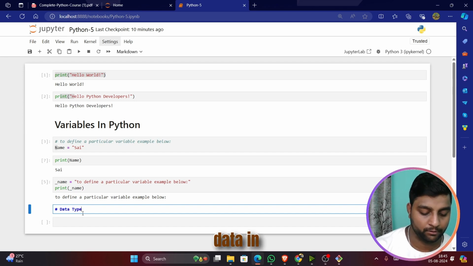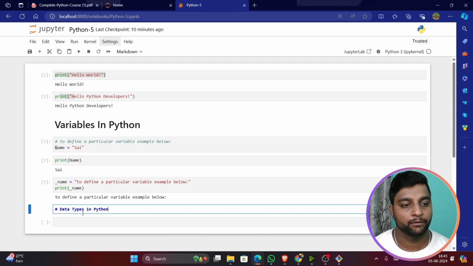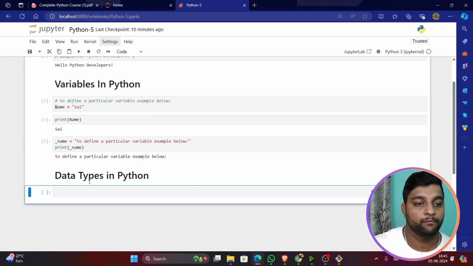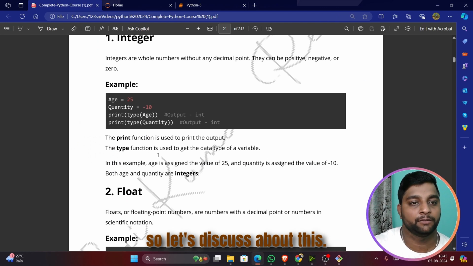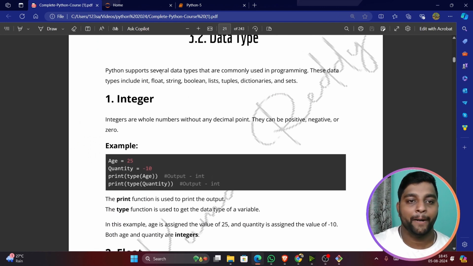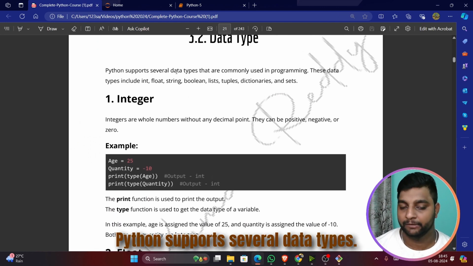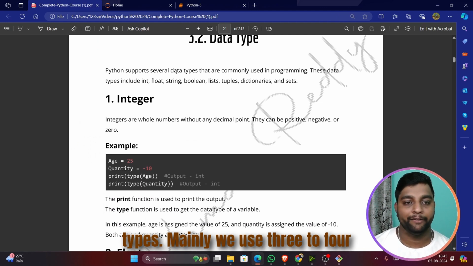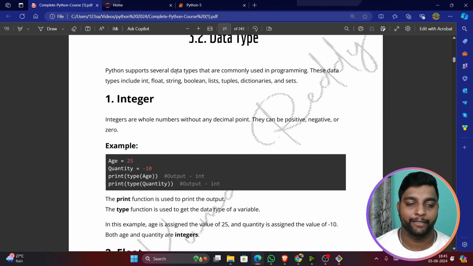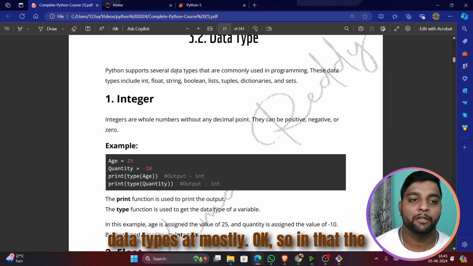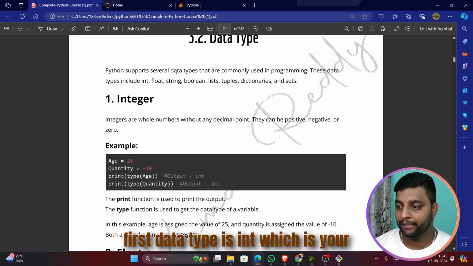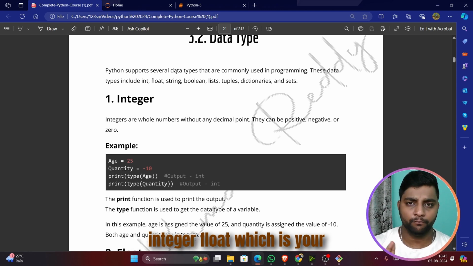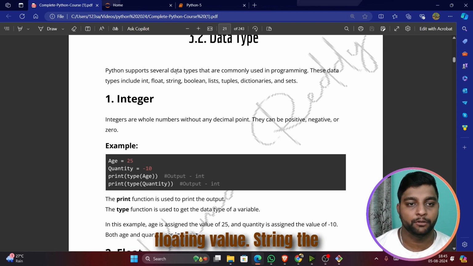Data types in Python. Okay. So let's discuss this. Python supports several data types. Commonly, among these data types, mainly we use 3 to 4 data types mostly. Okay. So in that, the first data type is int, which is your integer, float, which is your floating value,